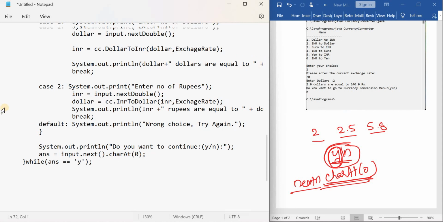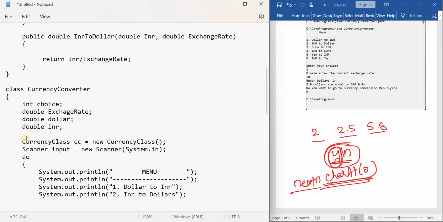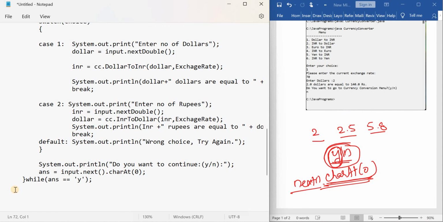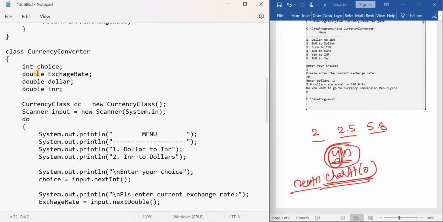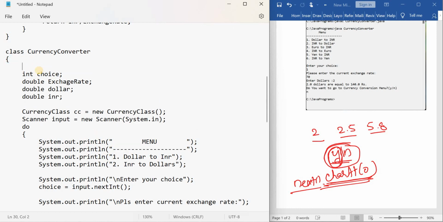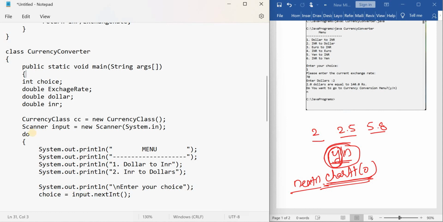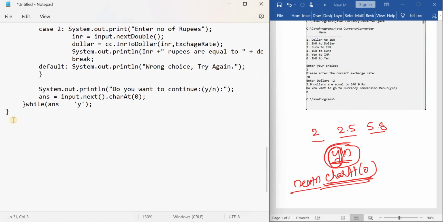And next we have to close the main method. We forgot to write the main method, so just include it here: public static void main(String[] args), and close the main method here.